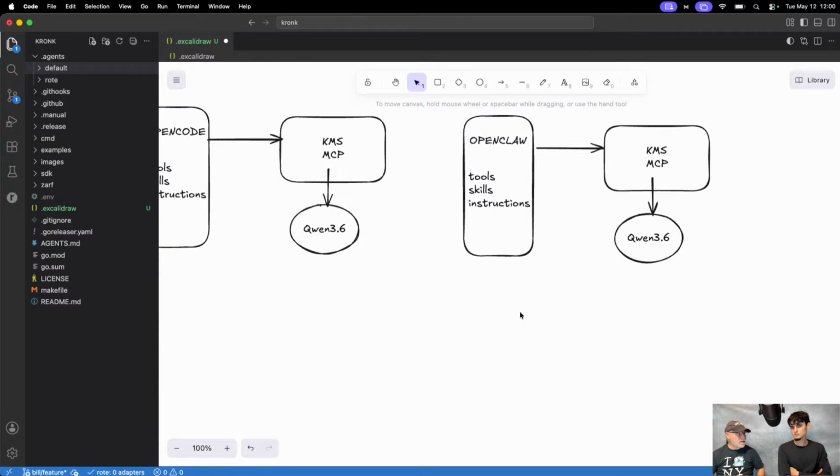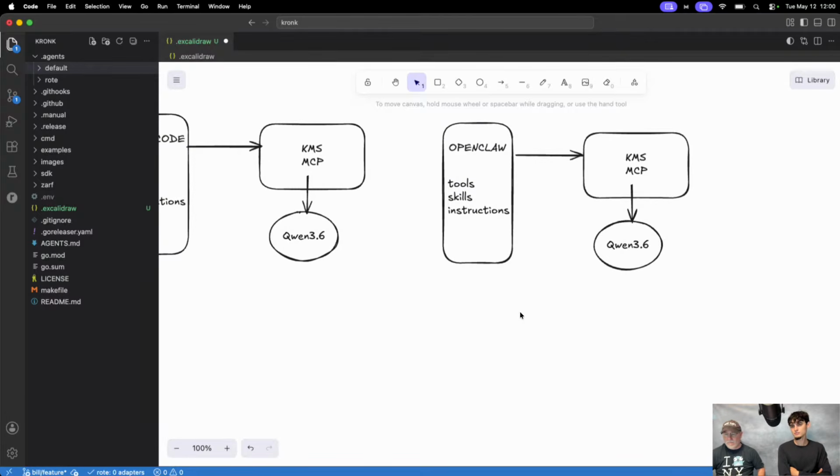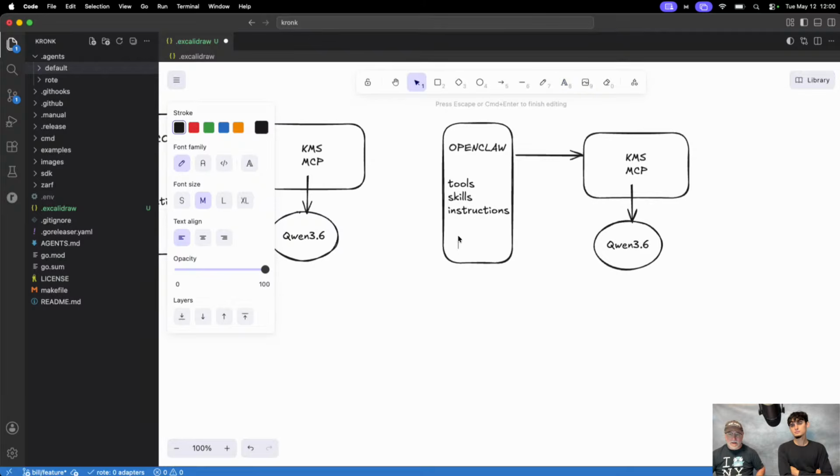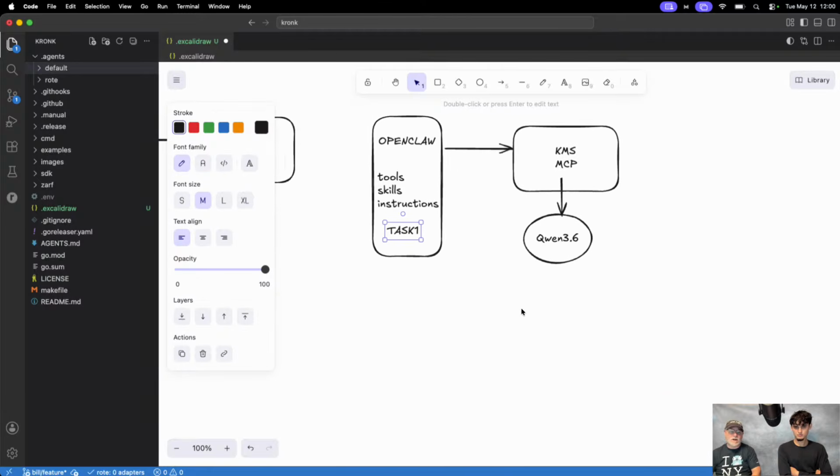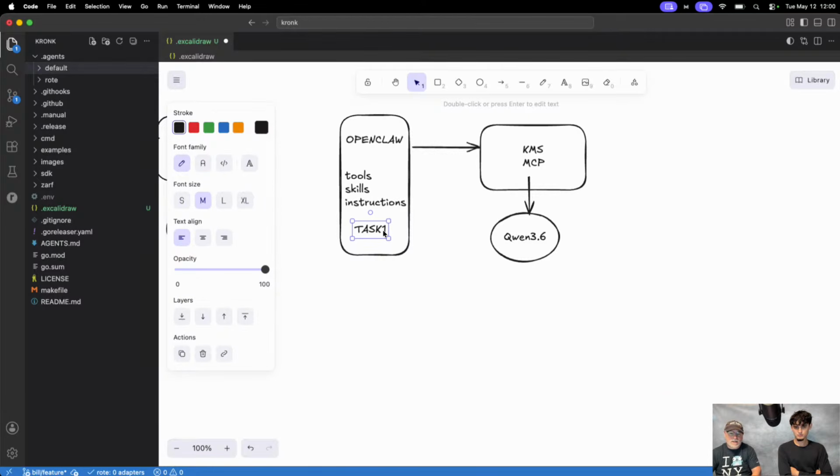Now, let's say you had task 1 here. Every day you have this task 1 that you're performing. Let's think about what task 1 would look like here.